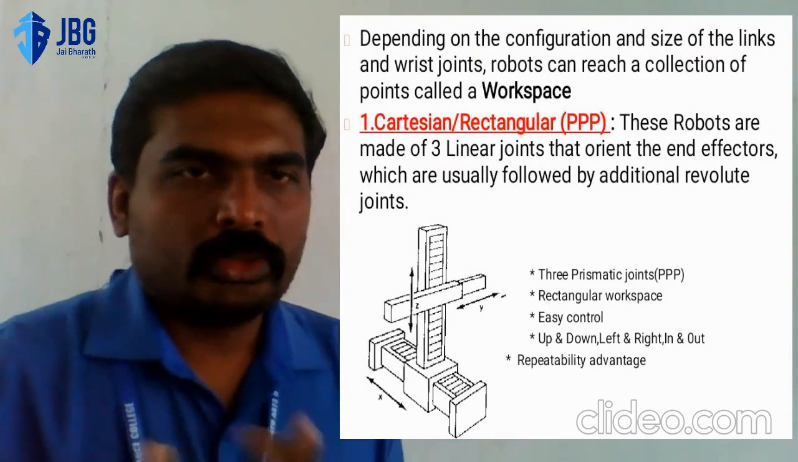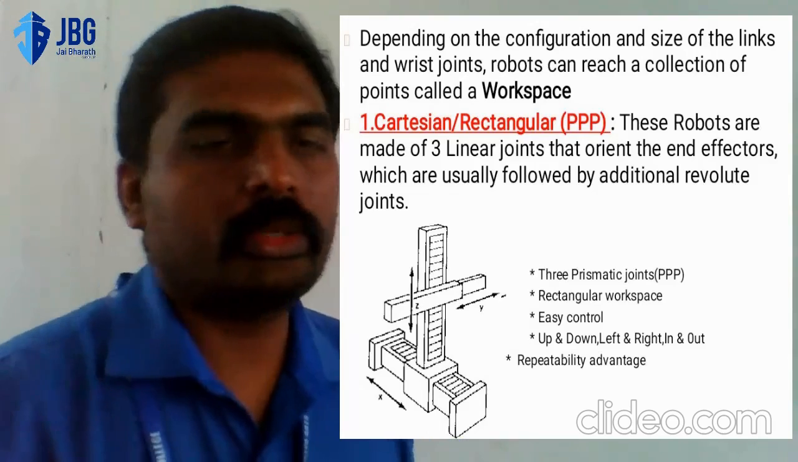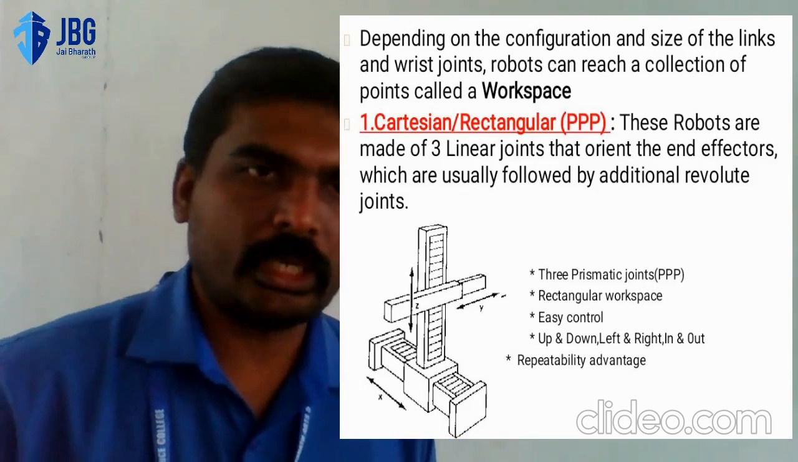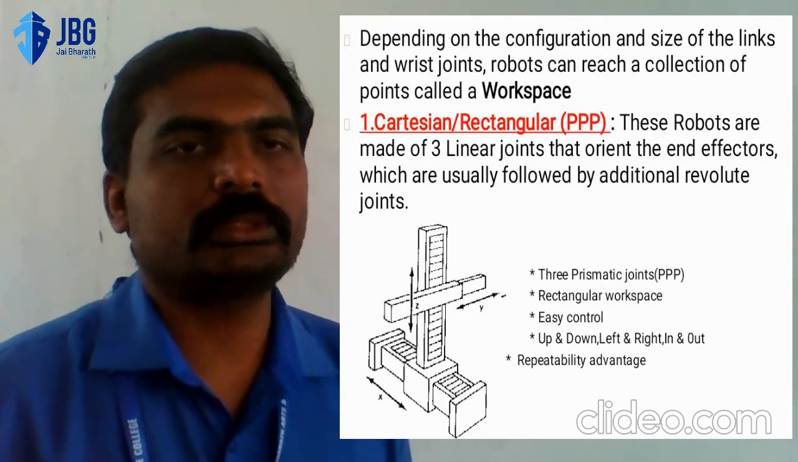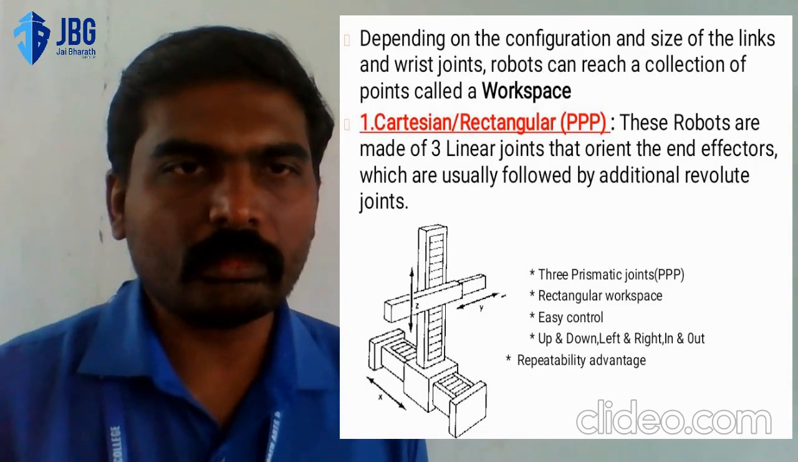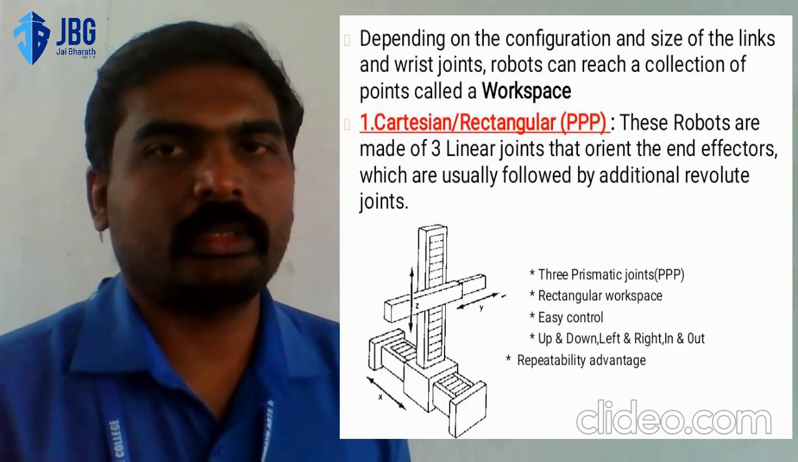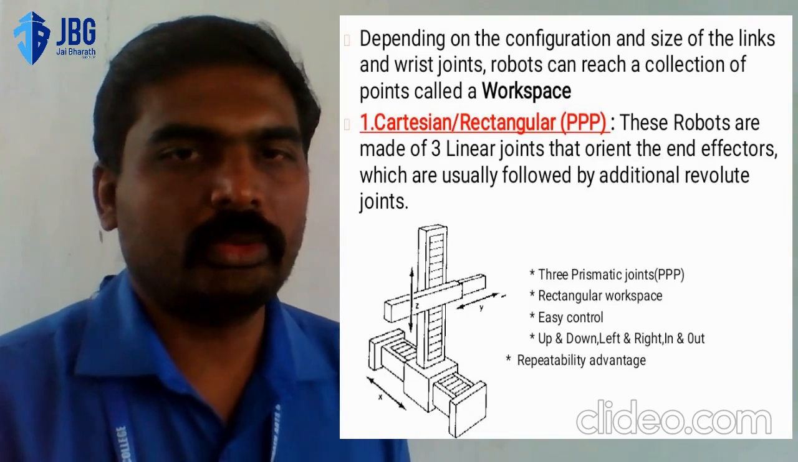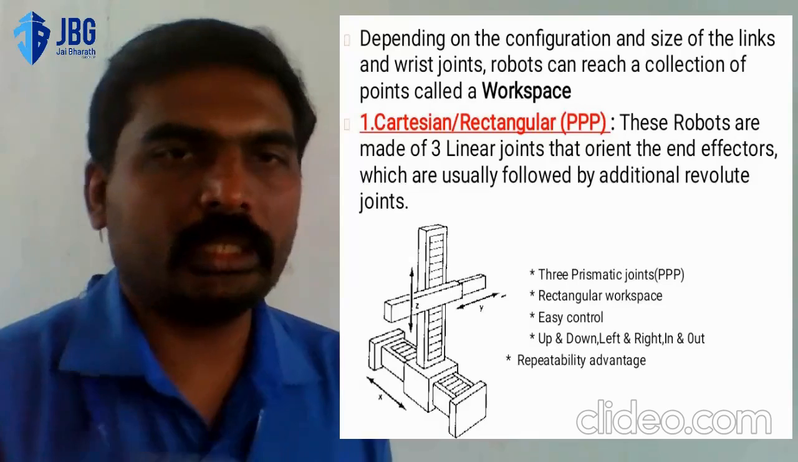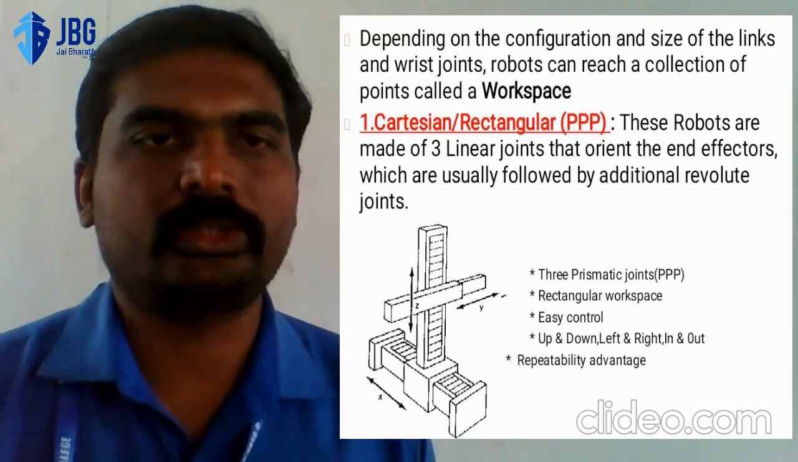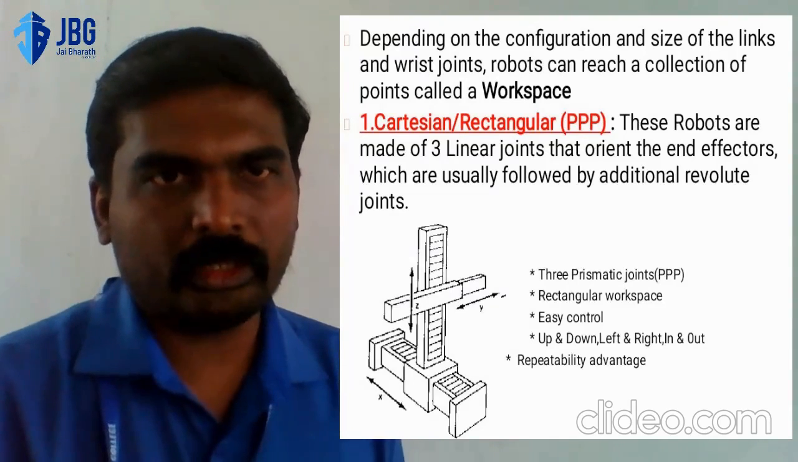Okay, so we will first discuss the Cartesian coordinate robot arm or rectangular coordinate robot arm. Actually, the workspace of a Cartesian coordinate robot arm is rectangular shape. You can see the Cartesian coordinate robot arm there, in which we have three primary axes. All the three primary axes are prismatic joints. You can move the robot tip or end effector up and down,